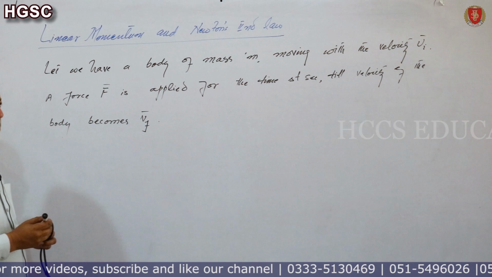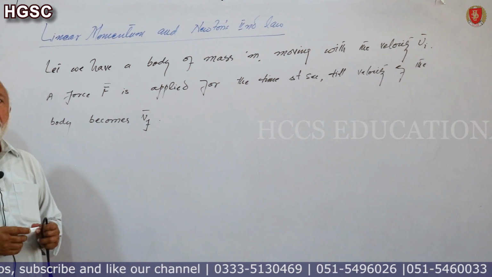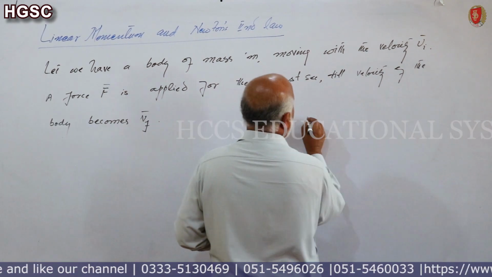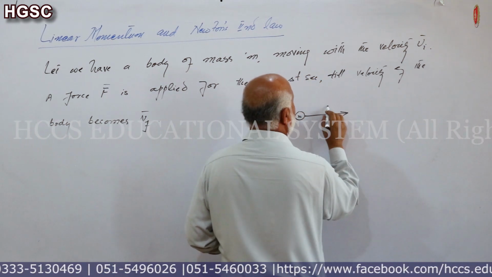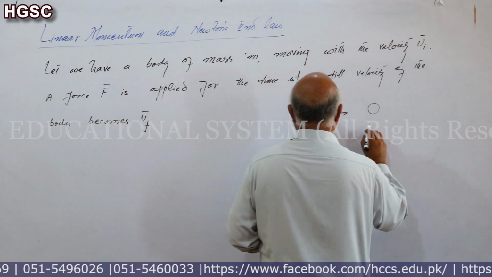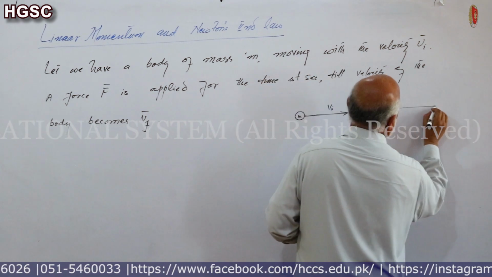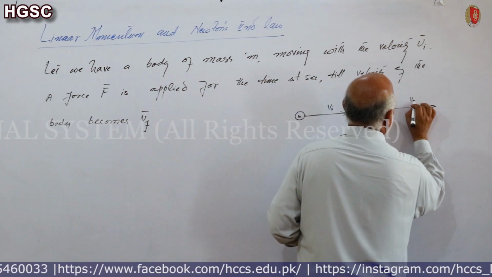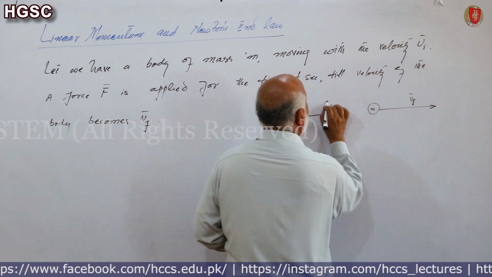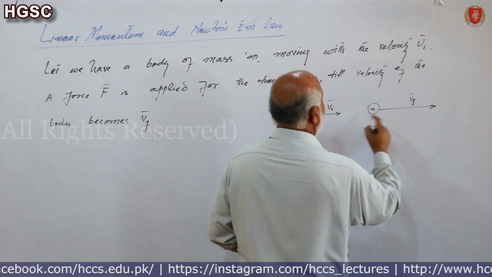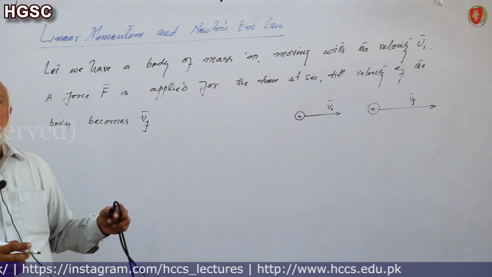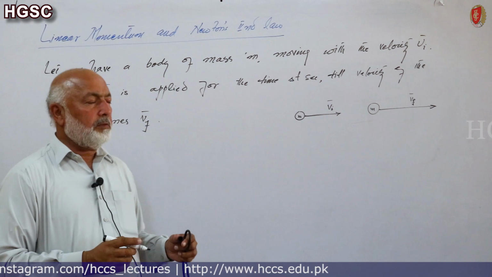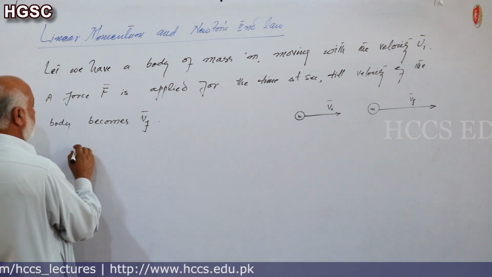vf. Velocity becomes vf. Now मैं इसको डायग्राम में शो कर रहा हूँ. Body of mass m moving with the velocity vi. Force F is applied for the time delta t till its velocity becomes vf. vf is greater than vi, that is there is a change in velocity. So we calculate